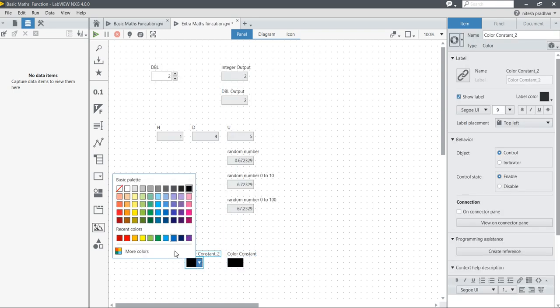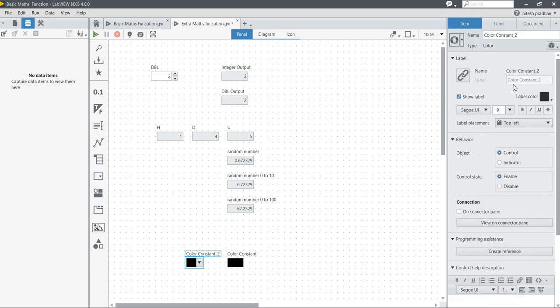This is the way. By using this increment button, you can identify this one is a control and this one is an indicator. When you click, you will get the property, and definitely you will find this is a control. Can we change it into an indicator? Now it is an indicator.